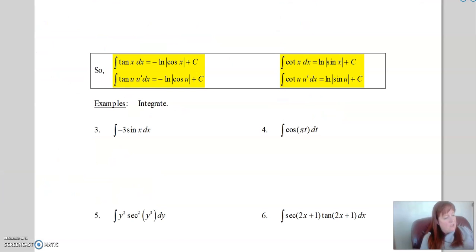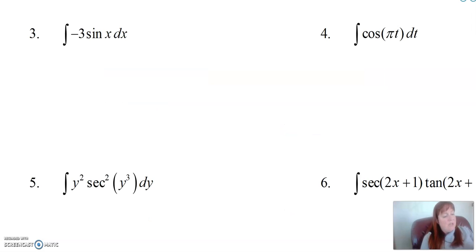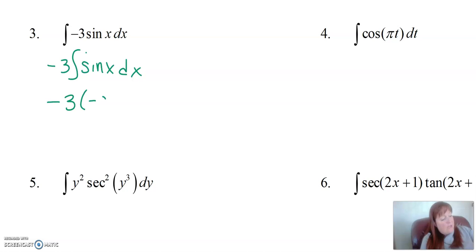Okay, so let's do some integration. All right, so let's integrate this one. -3 sine x. Okay, so we bring the -3 out. What's the integral of sine x? Well, what if I took the derivative of what would give me sine x? It would be negative cosine x